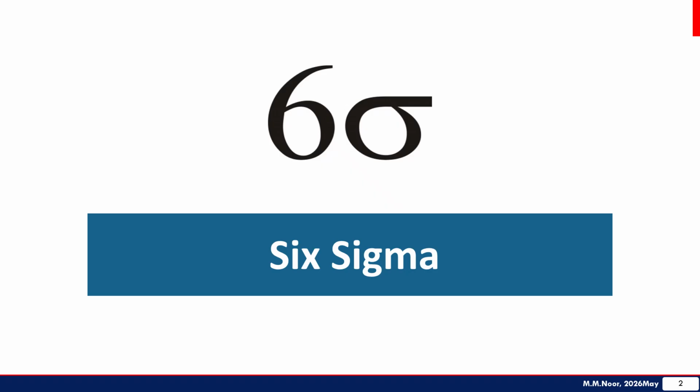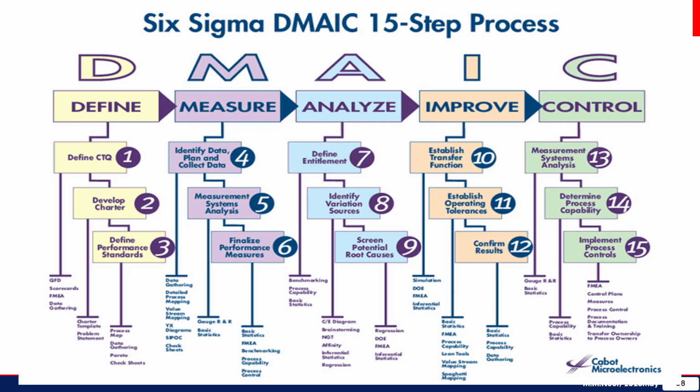We also can write Six Sigma in this form. From this 15-step analysis of the Six Sigma process, you can see FMEA is a very important and very critical tool, and you can utilize FMEA in all the stages, from define, measure, analyze, improve, control. Okay, we have